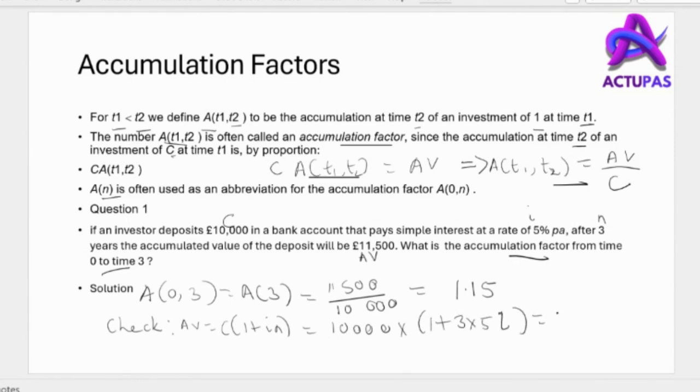Using a calculator, this is 11,500. So this verifies that the accumulation factor is 1 plus NI, because this formula can also be written